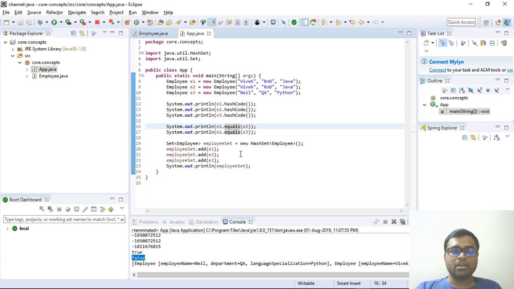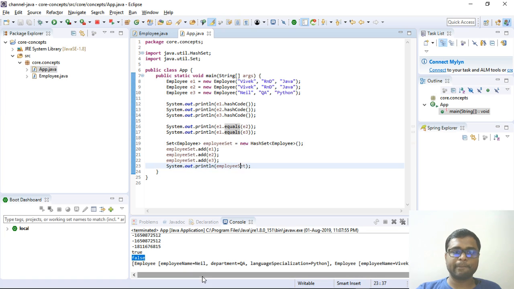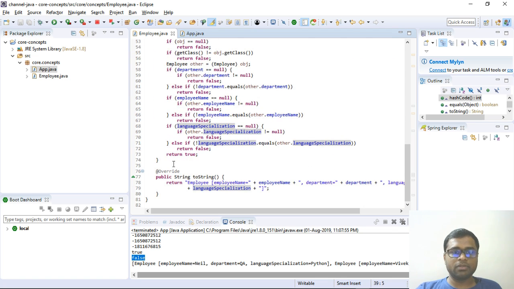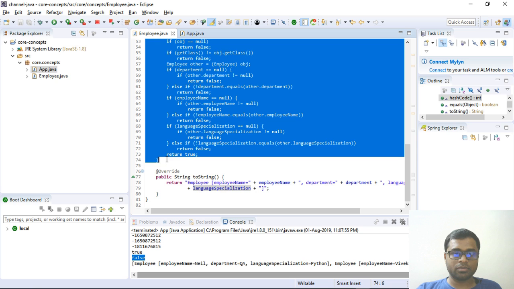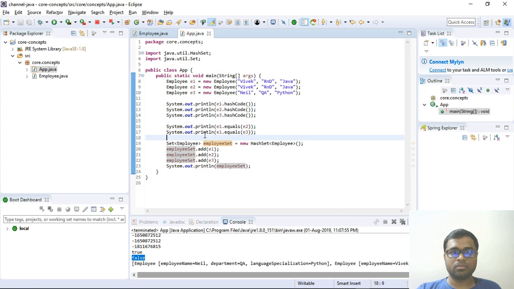Now let's see one implementation and check out what exactly is the difference if we create a set of employees, basically a set of employee objects. We have already implemented our equals and hashCode method. Let me comment this out for now. Now if I run the program,